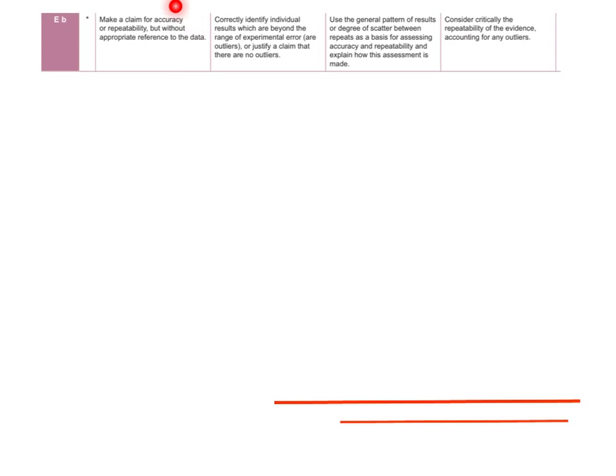Okay, I've spoken about making a statement. I don't need to really go into any more detail about an outlier or an anomalous result. What I need to go into some detail on now is looking at the graphs that you have, and you making a comment about